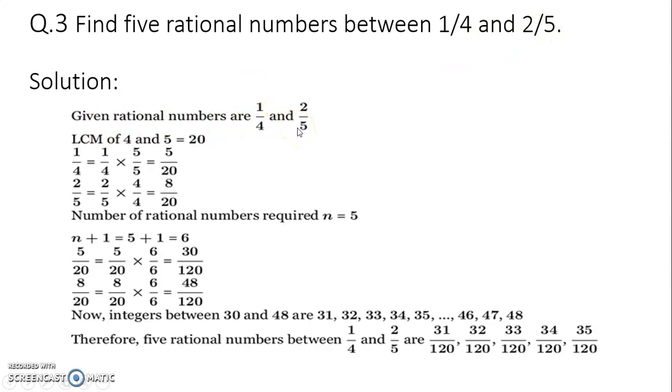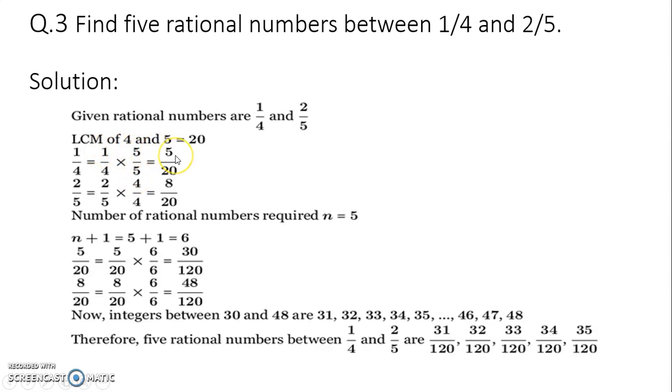The denominators of these two rational numbers are not same. So first of all we need to make the denominators the same, so that they become equal. For that we have to take the LCM of the denominators, that is 4 and 5 in this case. So we will take the LCM of 4 and 5 which will be 20. Now we have to take the first rational number, that is 1 by 4, and try to make the denominator 20. How? 4 will give 20 when it gets multiplied with 5. So we have to multiply the numerator as well as the denominator with the number 5.